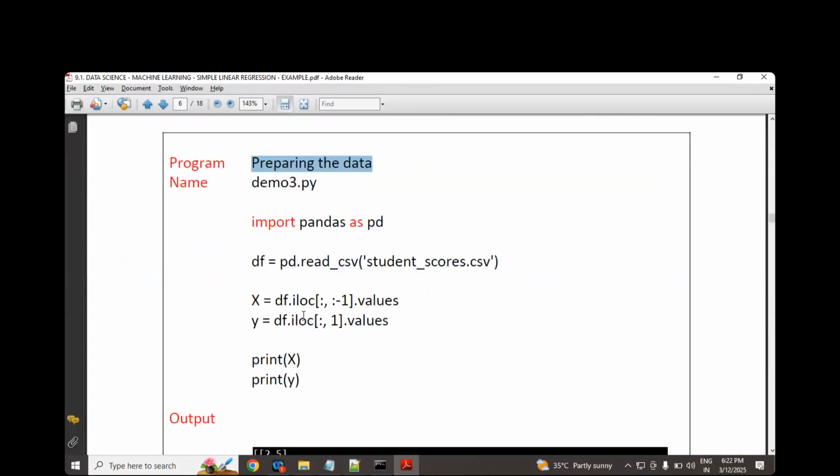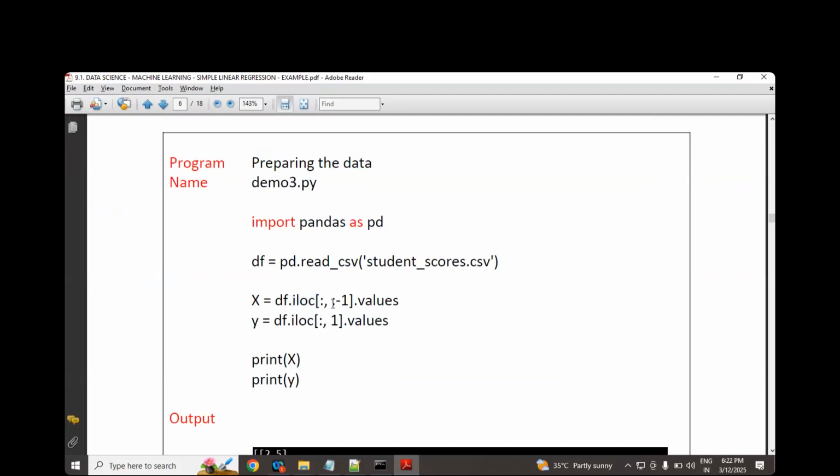What is that other way, you know? By using ILOC also you can get our required shape. If anyone is asking by this time what is ILOC, my answer will be invalid question. Why? Because we already covered it, a long back we have covered. By using LOC, that day I told LOC, ILOC we are using in machine learning. Just to bring our shape into the data. I will tell you, don't worry.